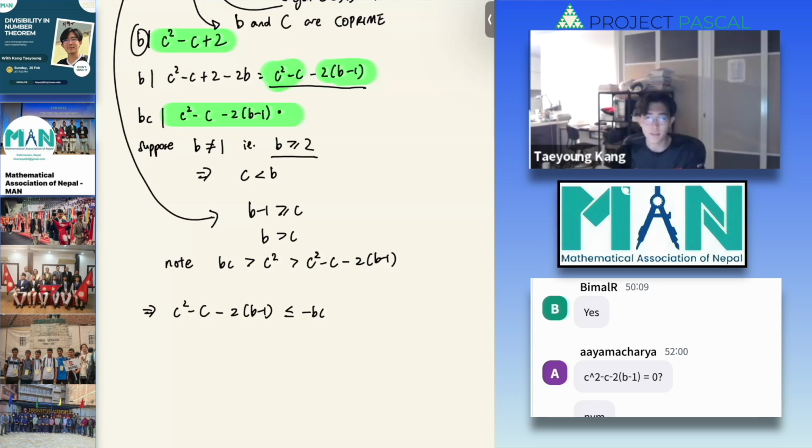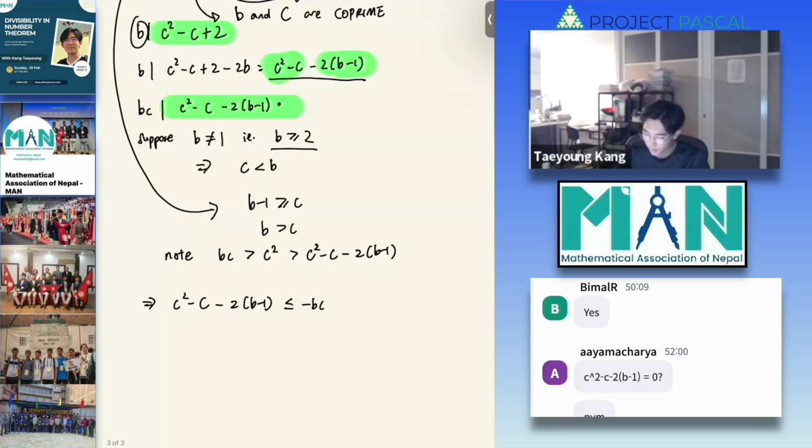Because this is a possibility. Wait, no, no, no. It would eventually lead to that, but we need to show that negative numbers do not work first. Okay, so in order for it to be negative, this must be true. But then, can this even be true in the first place? The fact is, this can't even be true because we notice that